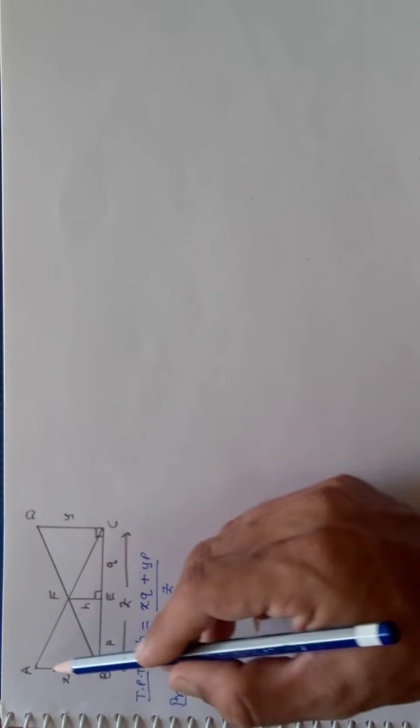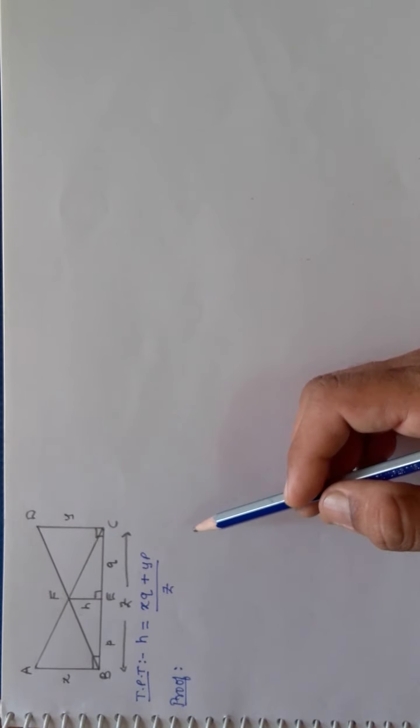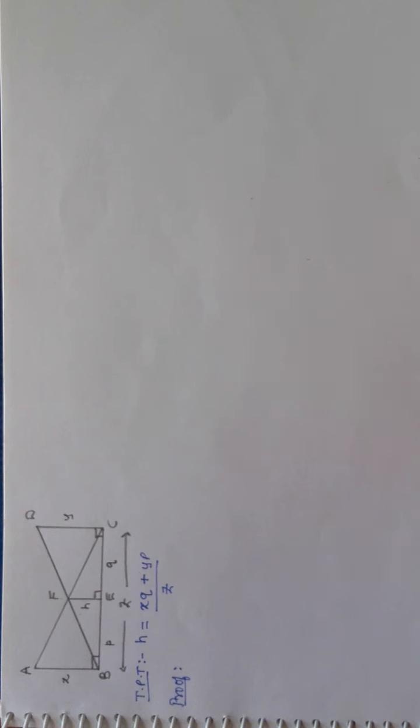So this is this triangle. That means I will take triangle ABC and triangle FEC. In these two triangles, I get one perpendicular over here, that is, AB is perpendicular to BC, and one angle also I will get. So I will get these two triangles similar, and probably I will get the ratio of corresponding sides. So I will first write down and then think what to do in this case.